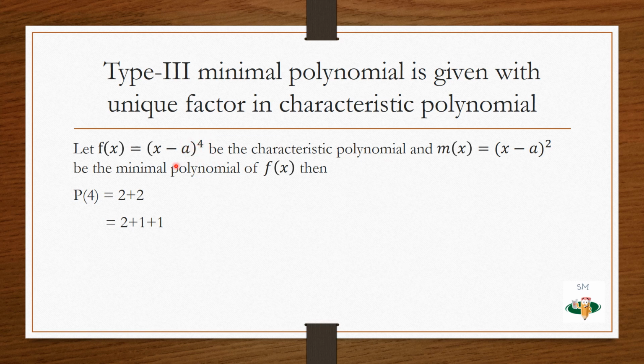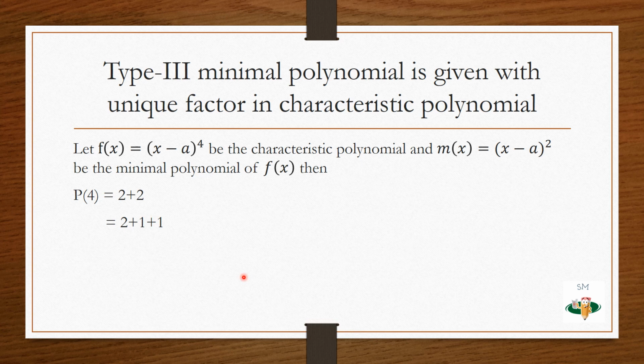So here, don't take the partition of 4 freely. We need to take P of 4 but only with the help of 2. Okay, so because the minimal polynomial contains the power 2, therefore P of 4 equal to 2 plus 2 and 2 plus 1 plus 1. This is a possibility. No other possibilities are there. We cannot take 3 plus 1 or 1 plus 1 plus 1 plus 1, because here we have the power 2. Okay, so use this 2. We have to find the partition of 4. Okay? So 2 plus something will make 4. Then you have to take that case. Otherwise you can leave that case.